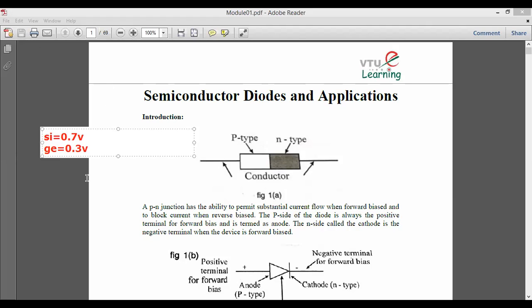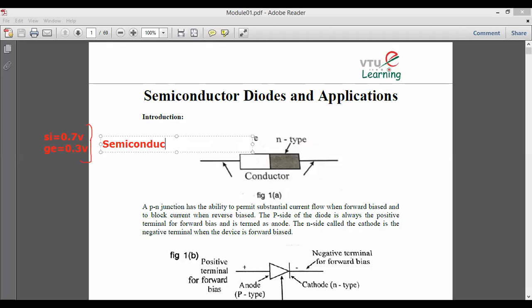Based on the property of the device materials, how it has been constructed, the particular values are chosen during manufacturing, you can say, right? So when you take these two particular semiconductor materials, one is silicon and the other is germanium, these two are semiconductor materials.